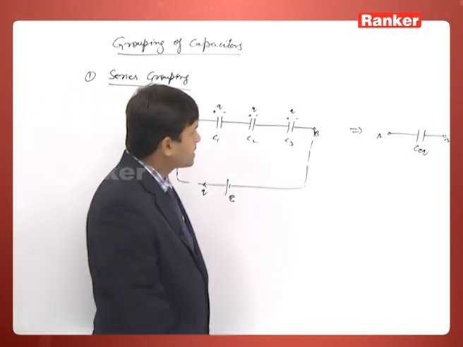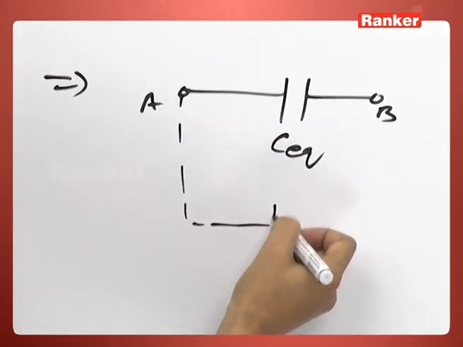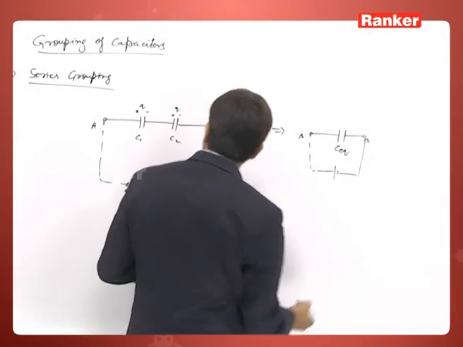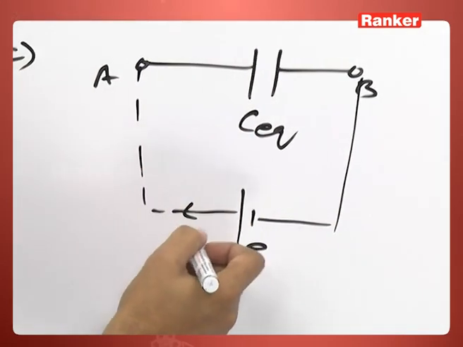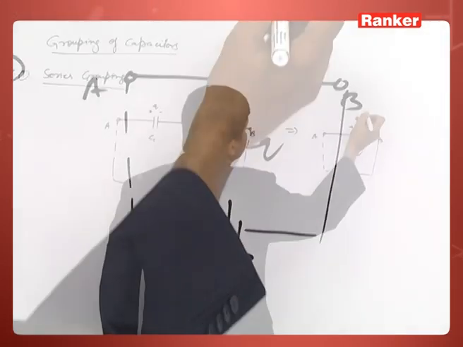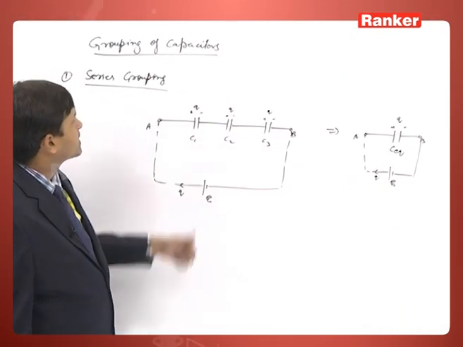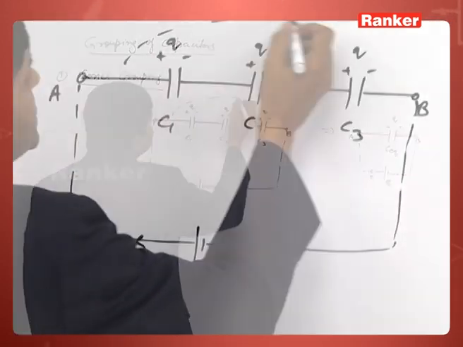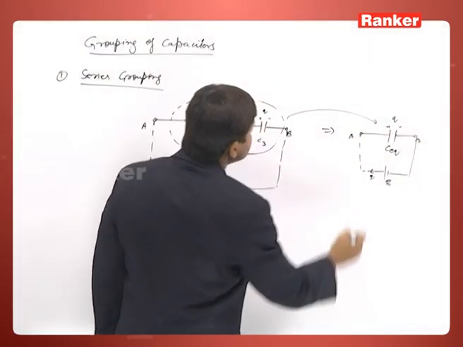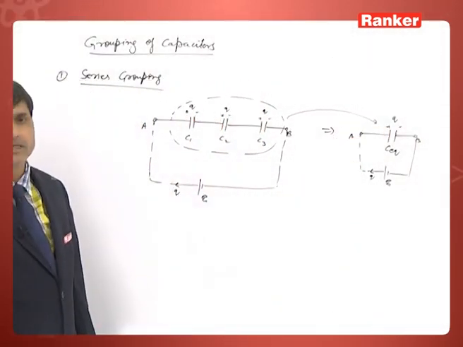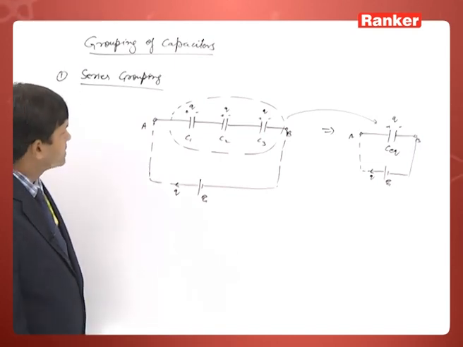So, meaning of that, if we replace all these with a single capacitor, and connect it with the same battery as here, then the charge should again be Q. Then all these 3 can be replaced with a single capacitor, and that single capacitor is the equivalent capacitor, and its capacitance is called the equivalent capacitance. How to use? Just use